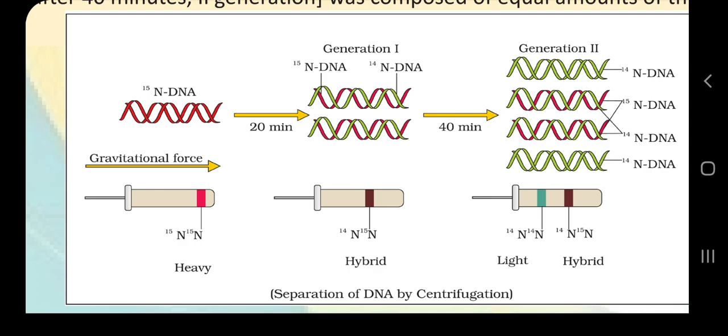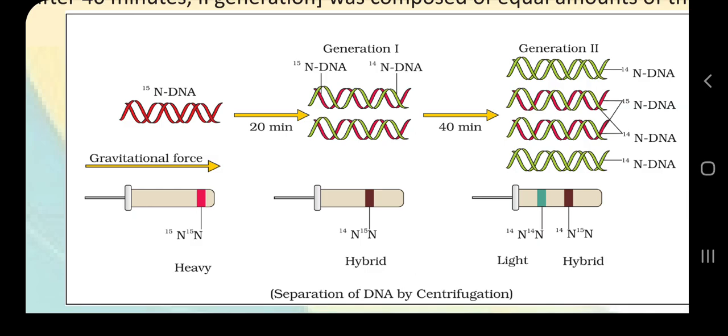So if we replace those nitrogens with heavy or light nitrogen, we are making this DNA labeled, because in chemistry you will study that isotopes are also used as tracer elements. We also discussed the Hershey and Chase experiment, which used 32P and 35S, isotopes to trace the path of DNA or protein from virus to bacteria. If you remember, that was a very crucial experiment to prove that DNA is the genetic material. Here again, isotopes were used to trace the path. What is the path? The path of DNA replication.